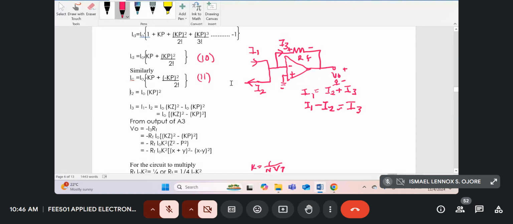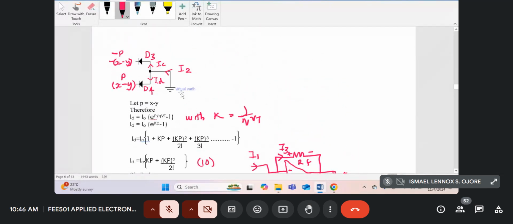Now let's go back to the diagram. It is just here. So IC is this current over here. ID is this current over here. So the sum of currents going towards the junction should equal the sum of currents moving away from the junction. So the unknown is I2. So if we apply KCL at the node, we'll get IC plus ID is equal to